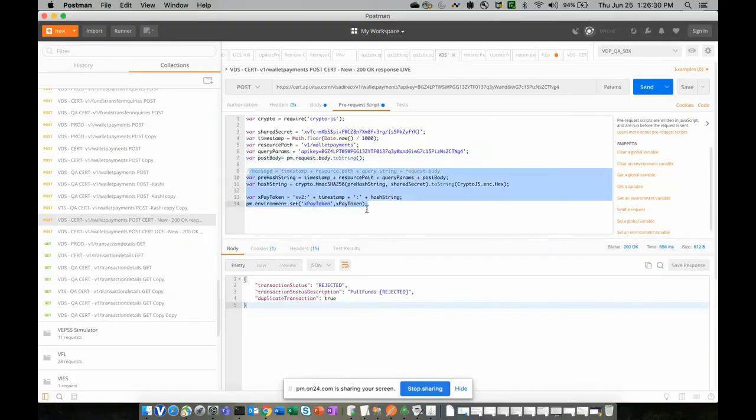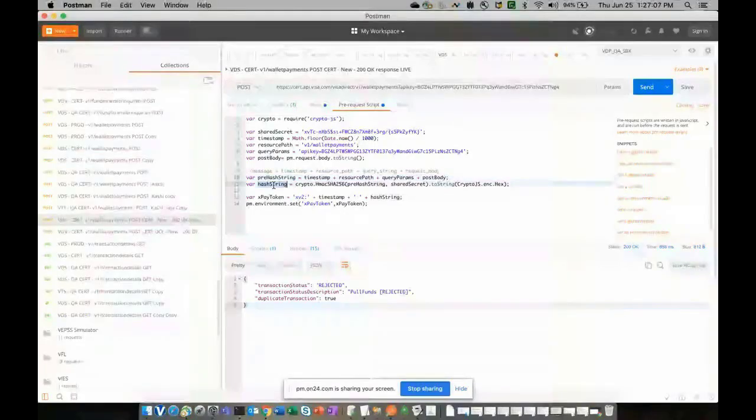Now let's get into the calculation part. If you remember the slide where Abhishek showed you the formula, the message is a combination of timestamp, resource path, query string, and the request body. We have all those declared here, so that's what we are basically using to create a message, using a combination of all these parameters. Once the message string is created, we use the message string and the shared secret, and we use the HMAC authentication code to develop a hash string. That is what is done in the next step.